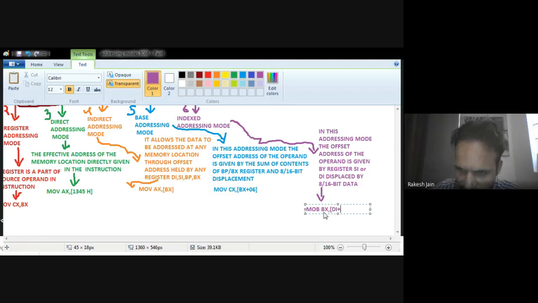When I shift the content of DI by an 8-bit or 16-bit value, let's suppose 07, this is 8-bit data. Due to the addition of this 7 with the register content, a new result will be formed, and this will behave as the address of the operand. So this is known as index addressing mode.